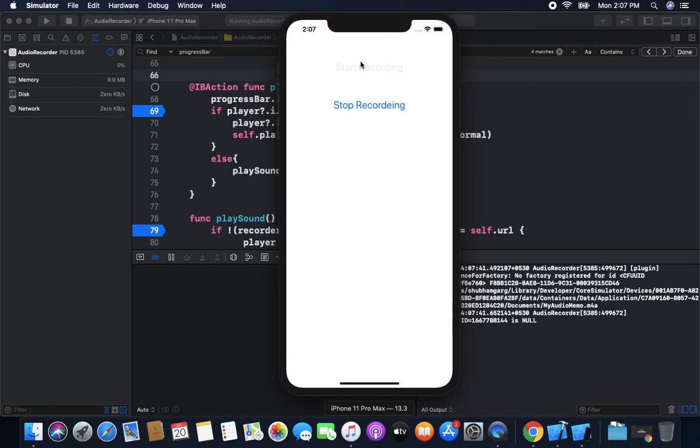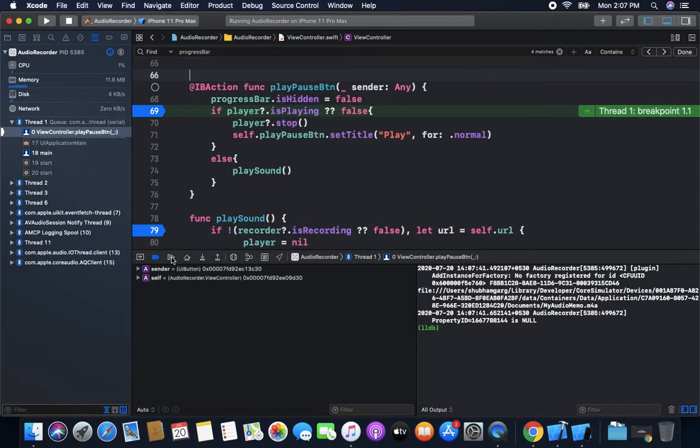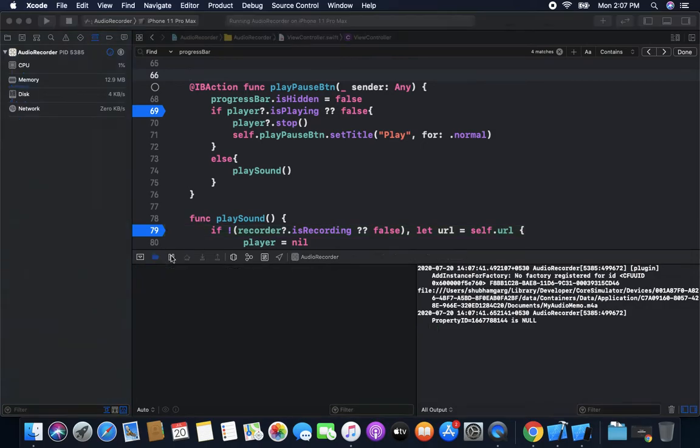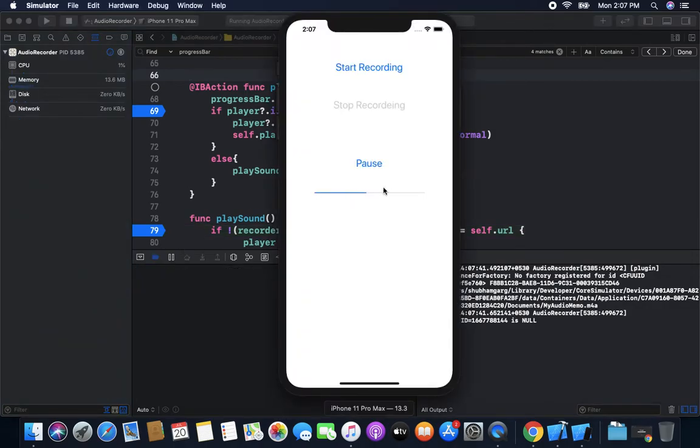So now again we check: we start recording, then we pause recording, then we start recording, then we stop recording, then we play. So in the player, when it works, you can see the progress, or I think you can hear the audio.